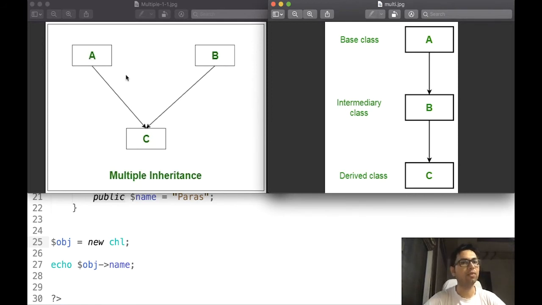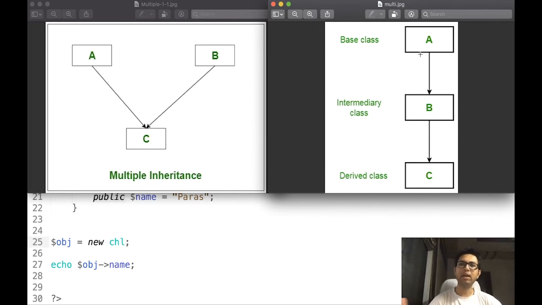Whatever functionality of class A is also in class C, and class B's functionality is also in class C, as well as class C can have its own methods and variables. That is multiple inheritance.